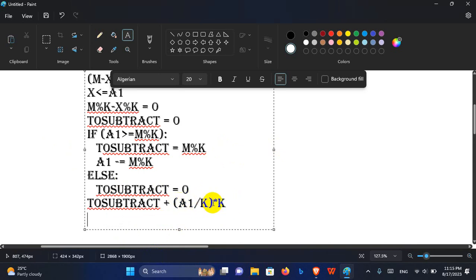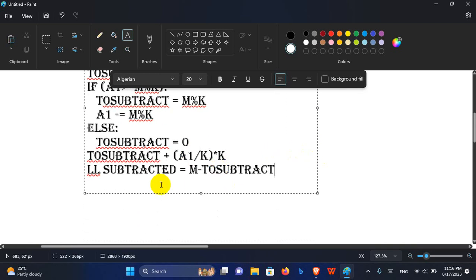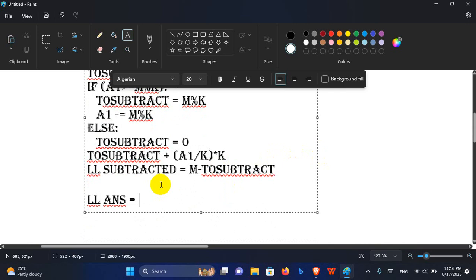If you're using Python, this would be like this. For C++, it stays like this. So now we will have this subtracted version of m equals m minus to subtract. Now you might think that we are done with this problem. No, we also need to make our answer be